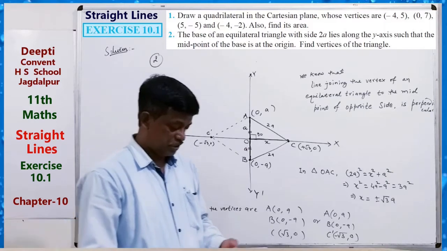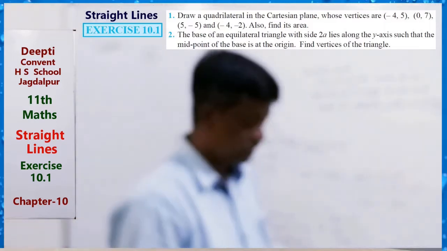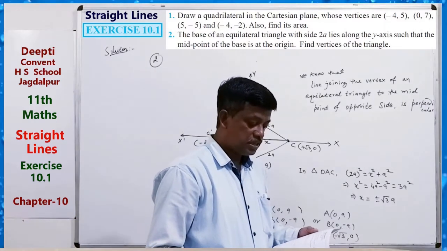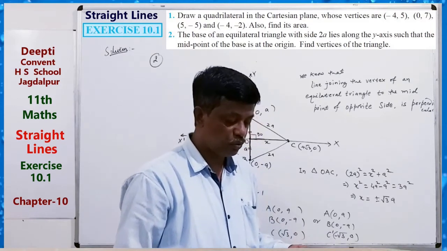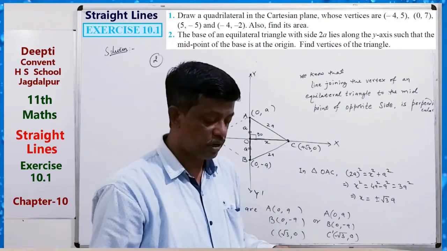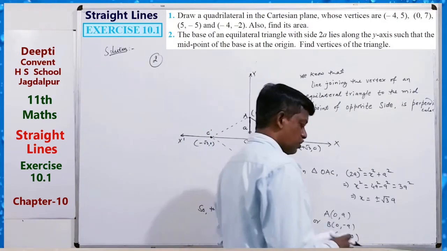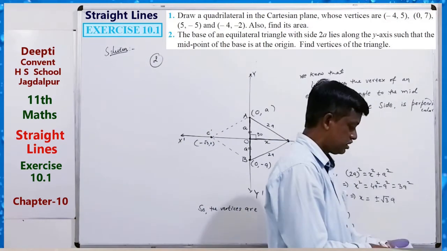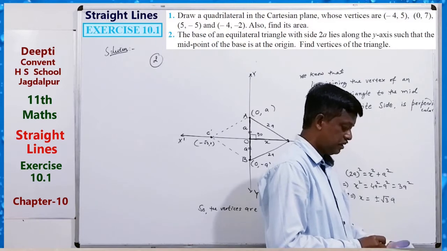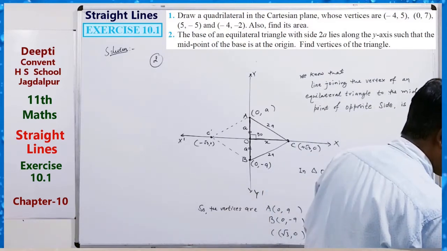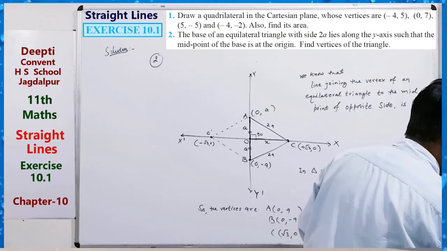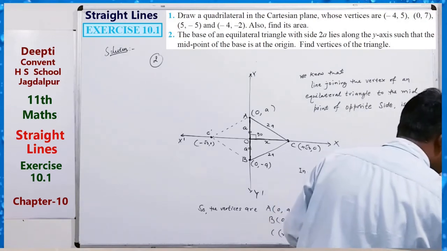Okay. Question third. Find the distance between P and Q, x1, y1 and x2, y2, when PQ is parallel to the y-axis, or parallel to the x-axis. So the distance formula is very simple. You know the distance formula. What is the distance formula? The distance formula is the square root of x2 minus x1 whole square plus y2 minus y1 whole square.